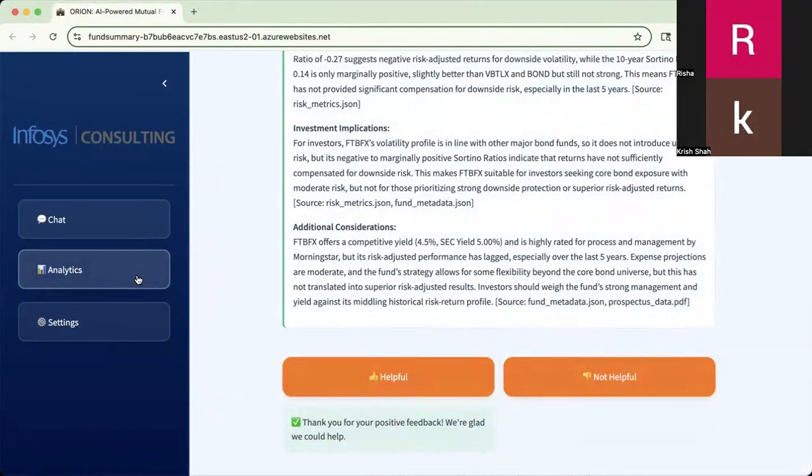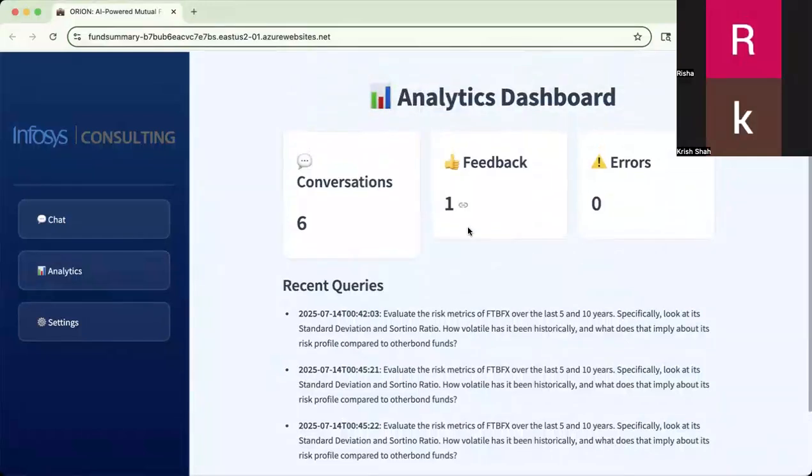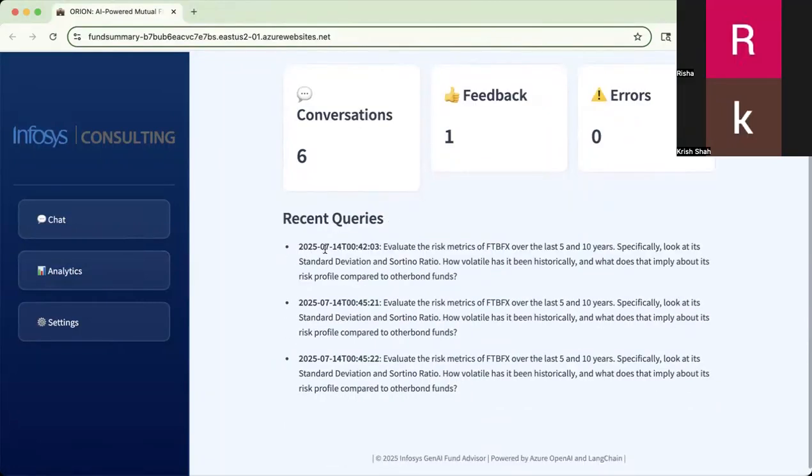So I'm going to go to the Analytics tab. Here you can see that it records user feedback, errors, and also conversations and their timestamps. And then if we go to the Settings tab,